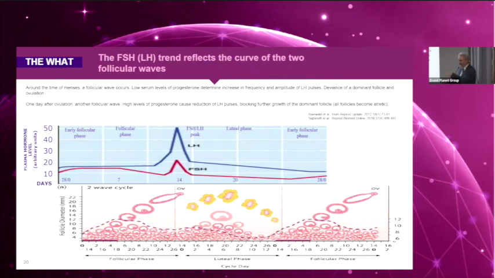And so you have the follicular wave, but you don't have a deviation and you don't have the selection of dominant follicle. So the presence of progesterone suppressing LH is very important for having the wave moving, but not the selection of dominant follicle,